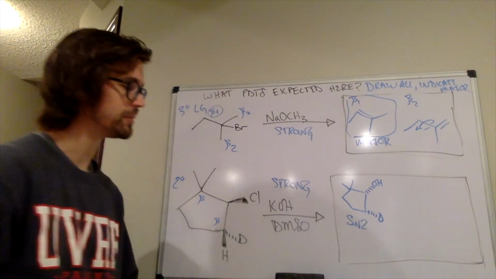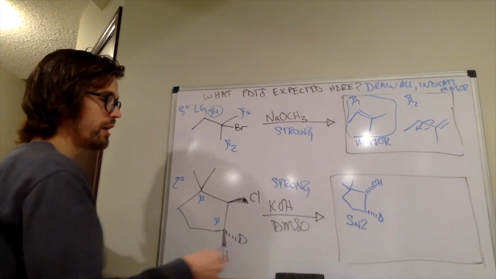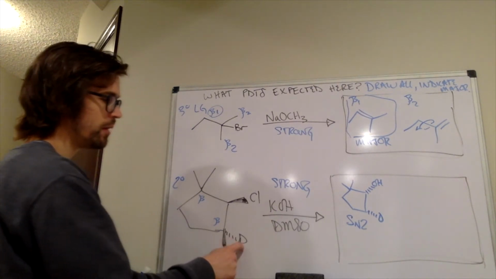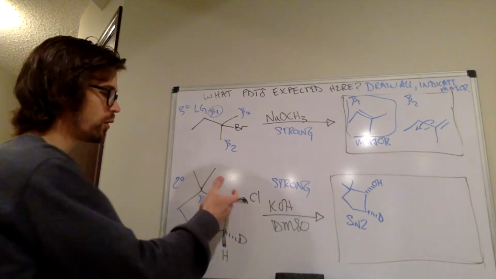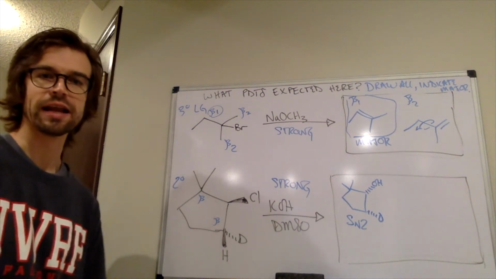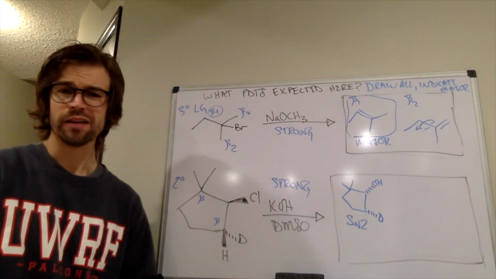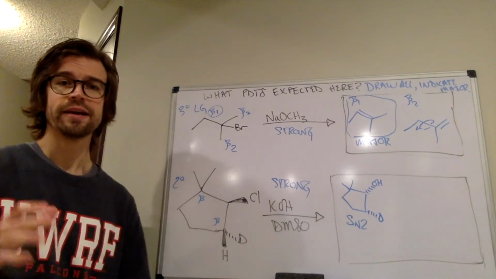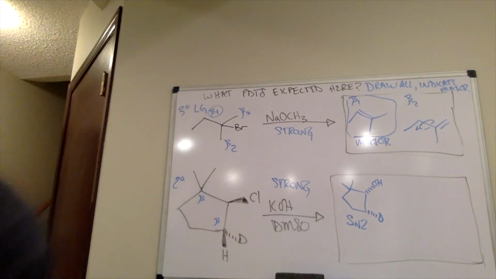It's still there in the substitution product, but if we're doing elimination, is the deuterium anti-periplanar to the chlorine, or is the hydrogen anti-periplanar to the chlorine? This is a really important question, and if you're having a hard time thinking about it here, it's probably a good option for you to look back in the notes. We went through this in depth